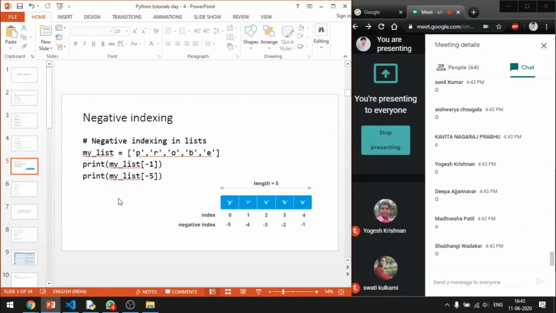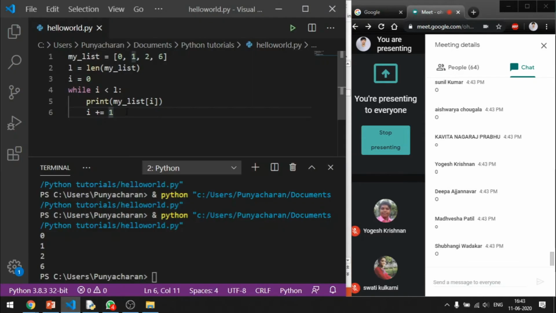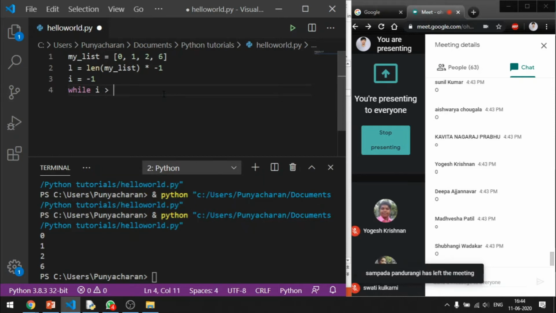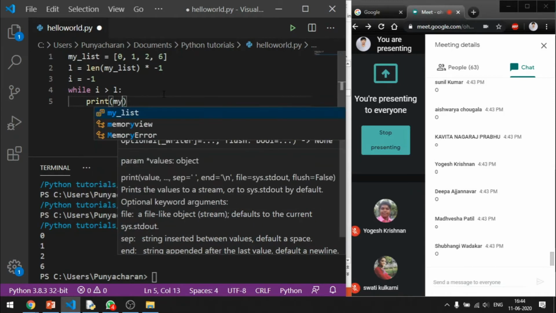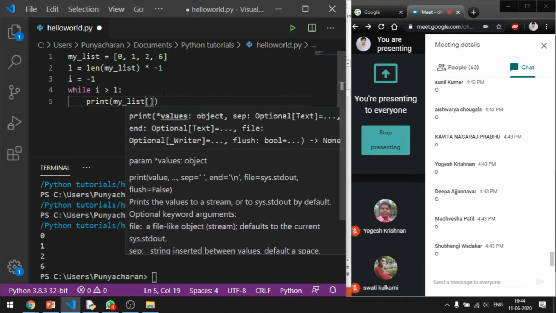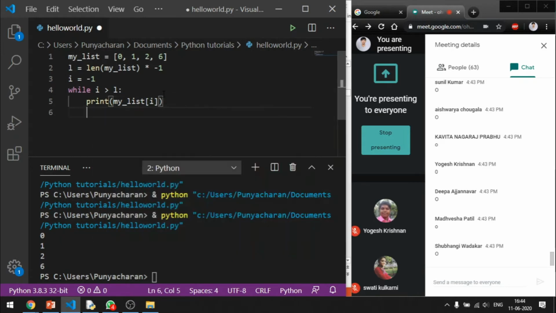Let's see how to iterate through the negative index. Shall we? Now considering this, let's take i is equal to -1, while, let's take length as -1 asterisk length. While i is greater than L, say print my_list of i, and decrement i, right?